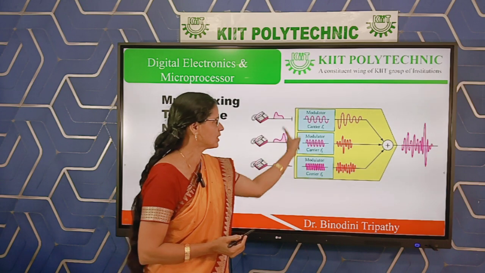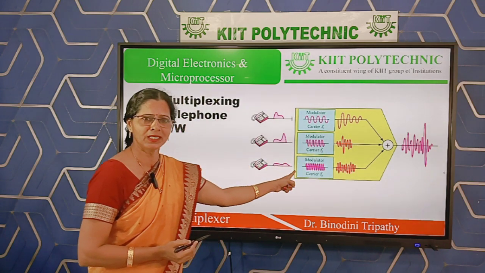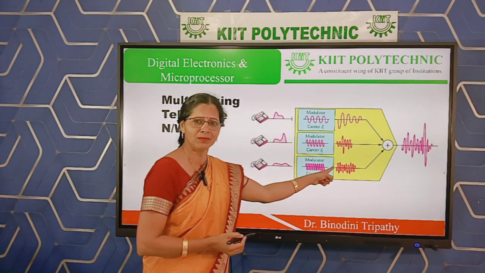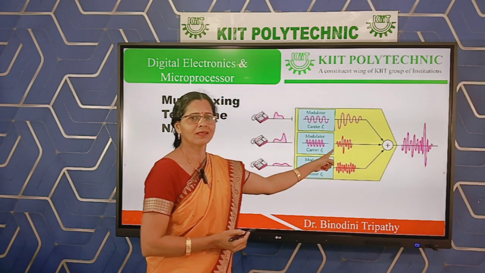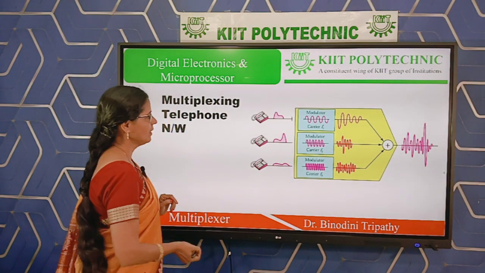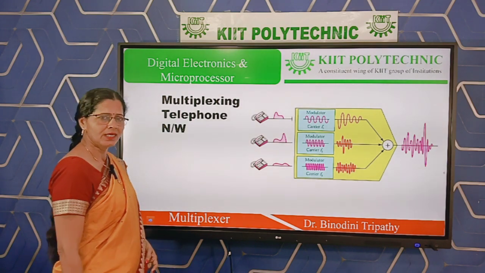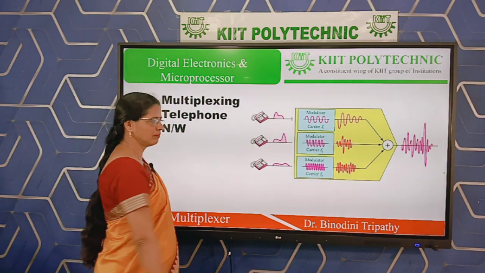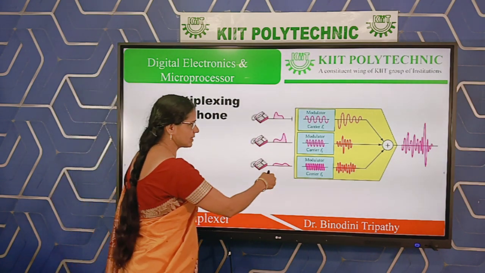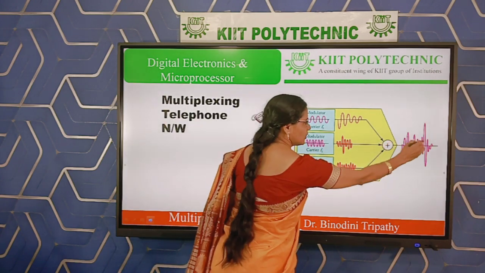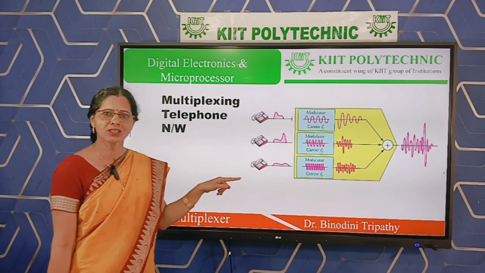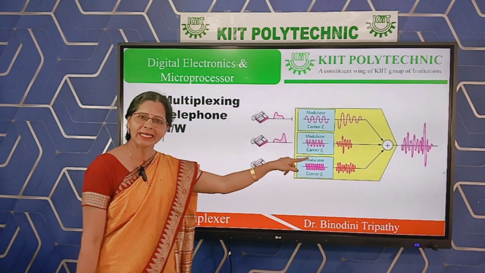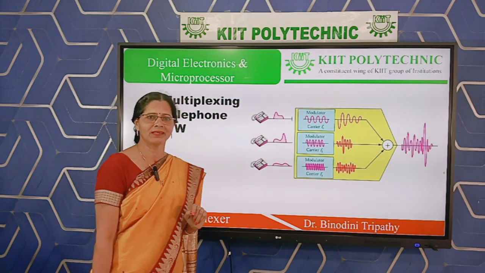Within the multiplexer this process is happening. If this process is achieved with an analog signal, that is an analog multiplexer. If this process is done in the MUX by taking the digital signal, then that is a digital multiplexer. So this is the multiplexing process performed by your multiplexer. The overall gist from these two discussions: a number of signals will be combined to create a composite signal, then the multiplexer will select a particular signal from that composite signal. So it has combining, selecting and routing capability.